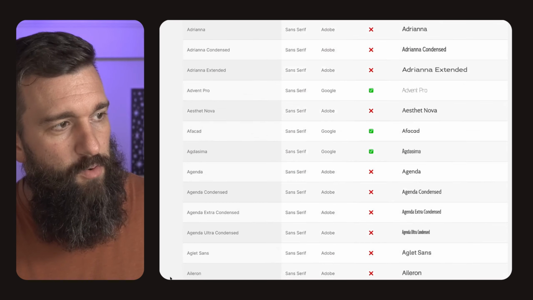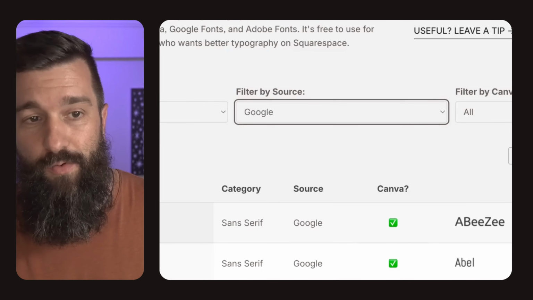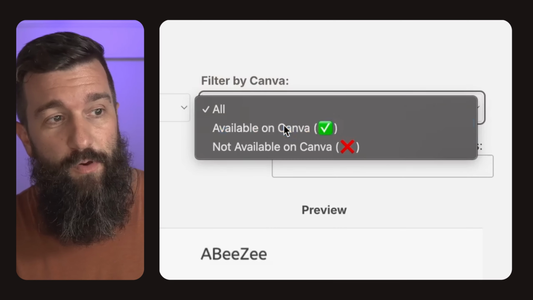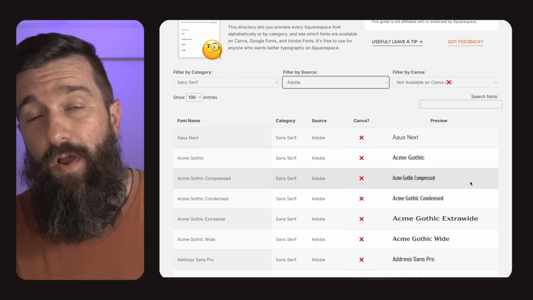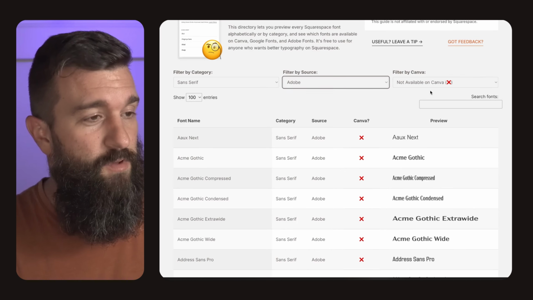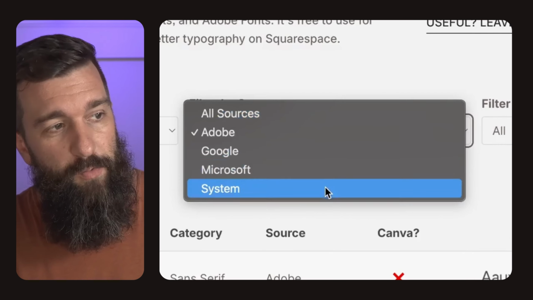You can load a whole bunch of entries at once. You can filter by source. So if you're only interested in the stuff that's also available on Google Fonts, say you're putting together a brand identity for a client that's not going to be able to afford to license the fonts for other uses through Adobe or whatever. If it's available on Google Fonts, it's free everywhere. And say you're also interested in fonts that are available on Canva, because that's a popular graphic design software for a lot of folks. You can filter by whether it's available on Canva or not, by what source it's coming